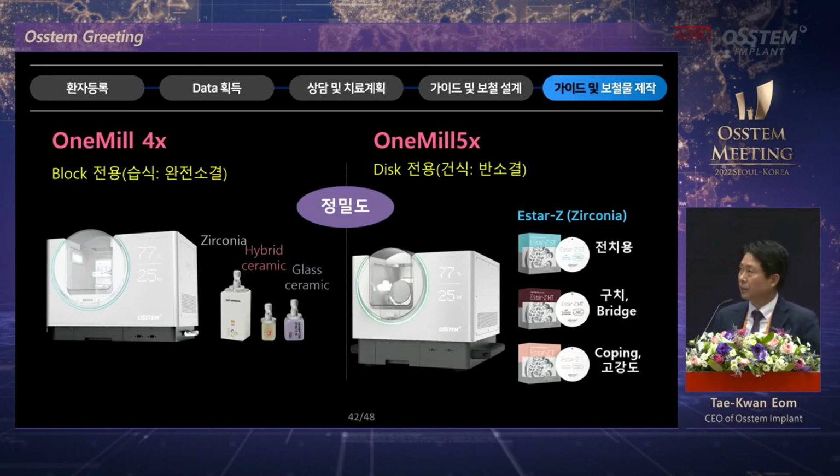On the left, the milling machine to be used chair side, 4-axis. This is for blocks. You can see the pictures. It can be used for wet type sintering. And on the right, this is for discs, 5X. Our differentiator at Osstem is that all milling machines are expensive, very expensive, because